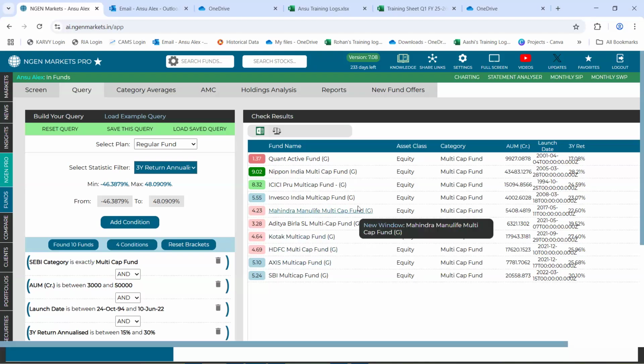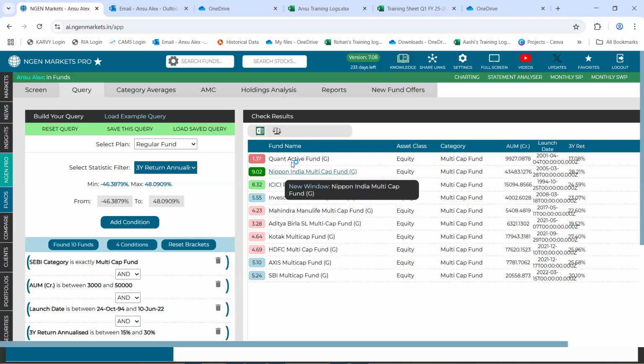Now here, next to the name of the fund and the asset class, you could see only 4 columns are coming up. Now these columns are specific to the conditions that you put in. More are the conditions that you put in, more would be the columns that you would be able to view right here. Now, once our data has gotten shortlisted, there are 2 things that you could do with this.